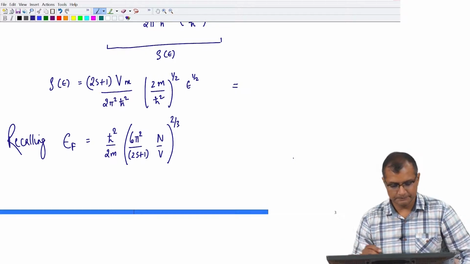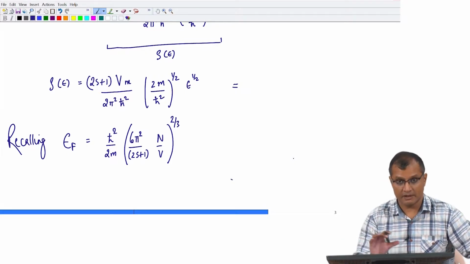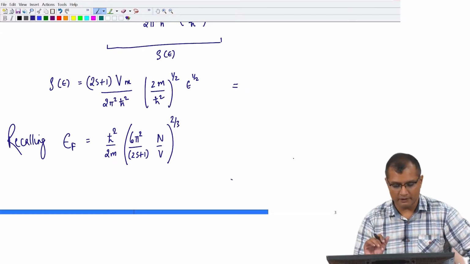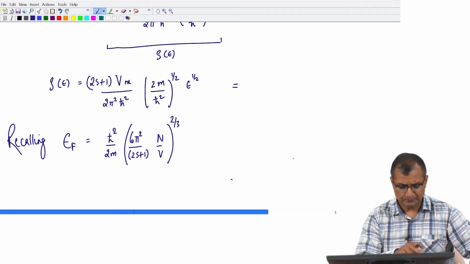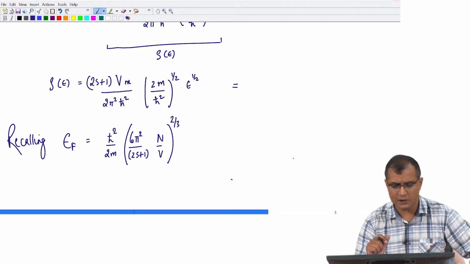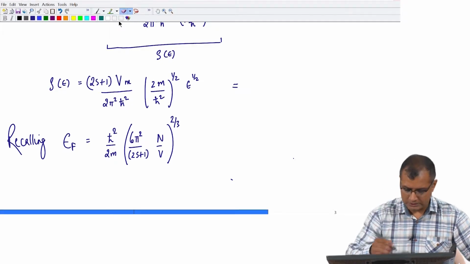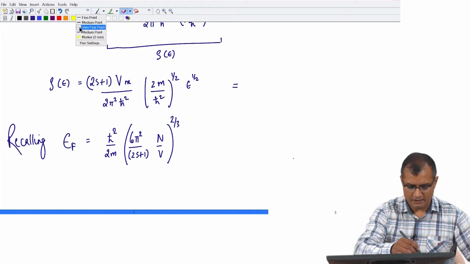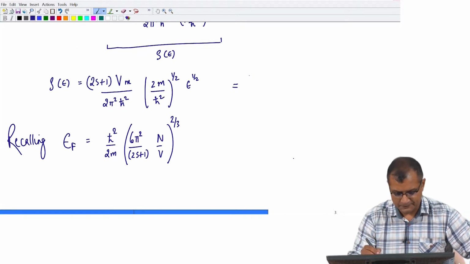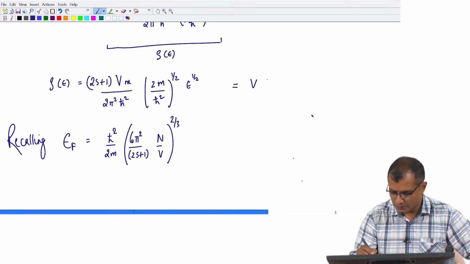You can take s, the spin of electrons, to be half, and that will make the 2s plus 1 as 2. So, I can write density of states as V into (2m by h cut square) raised to 3 half,